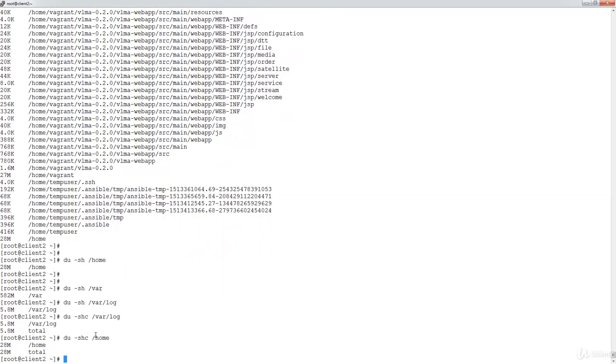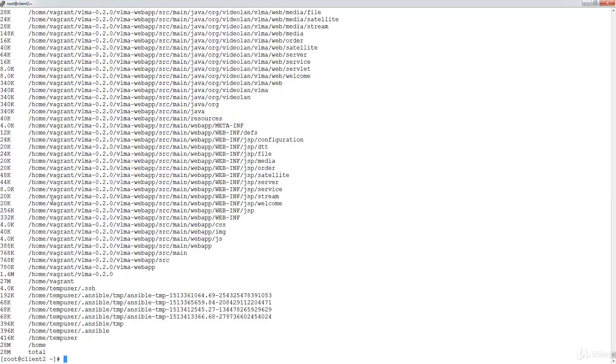If there are a lot of directories, for example if you go without s, it will show all the listings, and after that it will show the grand total. We have just removed the s because we do not need the total of each. It's showing us the grand total, right? So this is an interesting option we can always use.